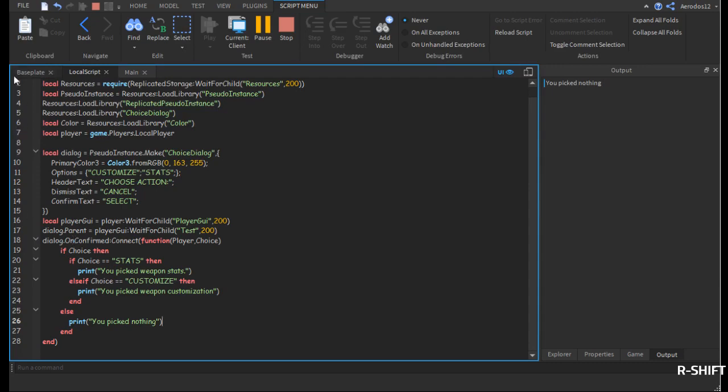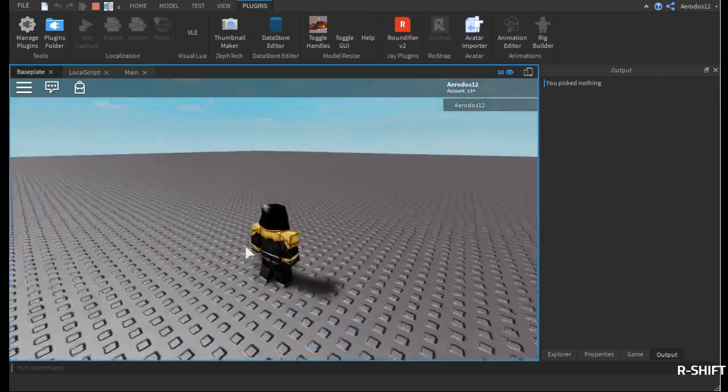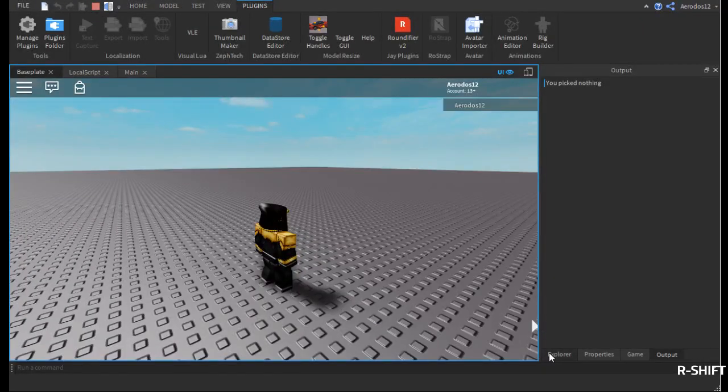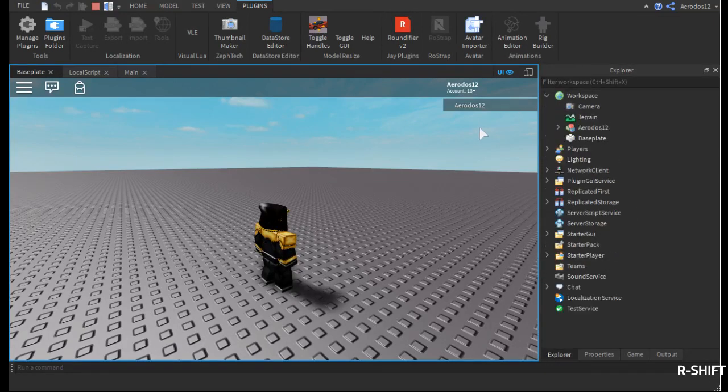Anyways, I think we've covered pretty much everything. So with that being said, my name is Erados12. Actually, wait. Before I actually close out, I'm going to give a recap. What did we cover? Well, in simple terms, we covered a little tidbit of how to install RoStrap